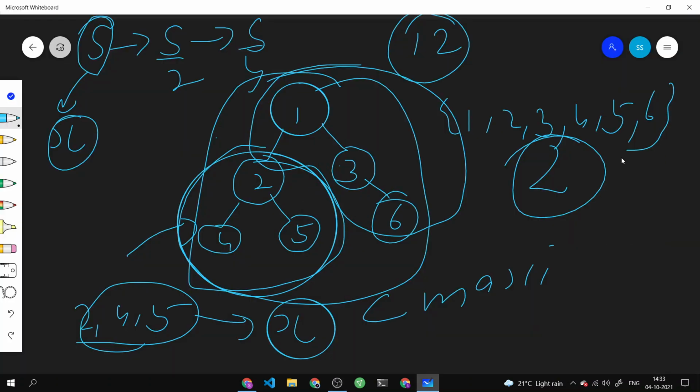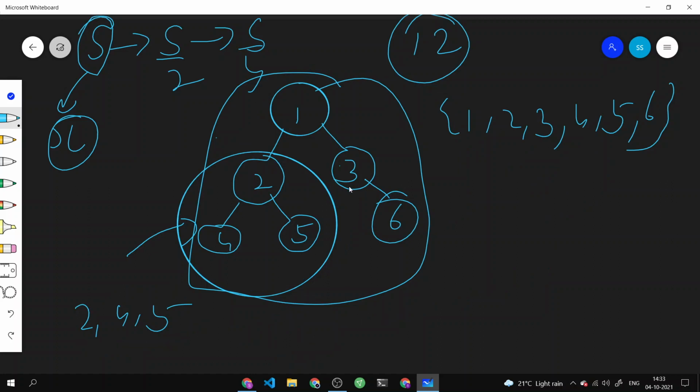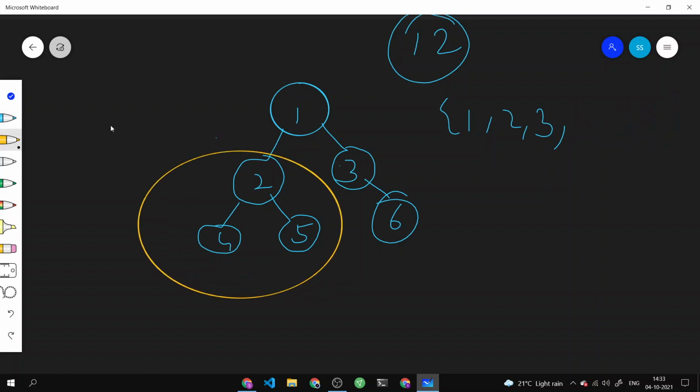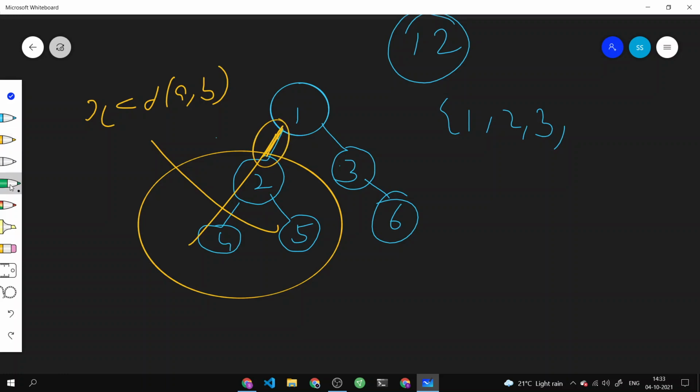So once you're able to understand this thing, there is just one small edge case that you have to consider, and that is what I was earlier doing was that I was considering this component, and if this value had a value say less than the overall maximum distance of AB, then I was basically discarding this component as a whole. But there is just one small edge case, that is I'm not considering that this particular edge, let me color it in this different way.